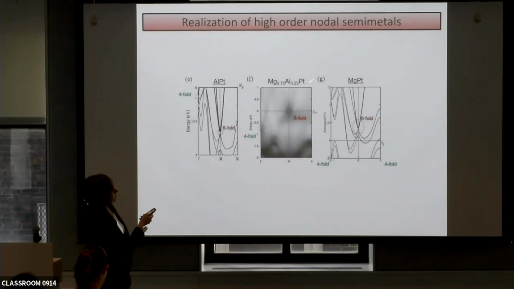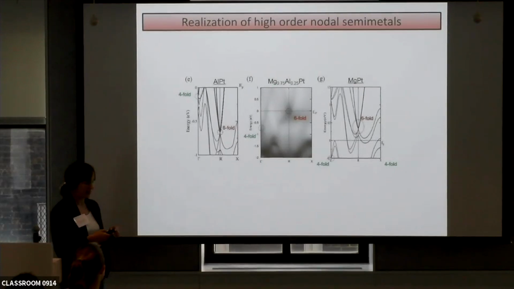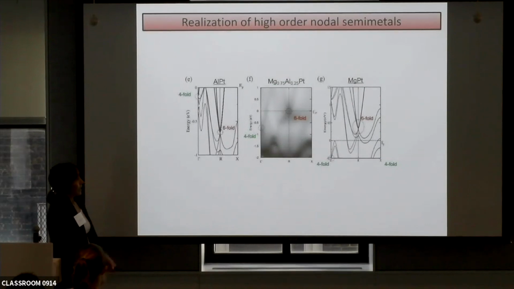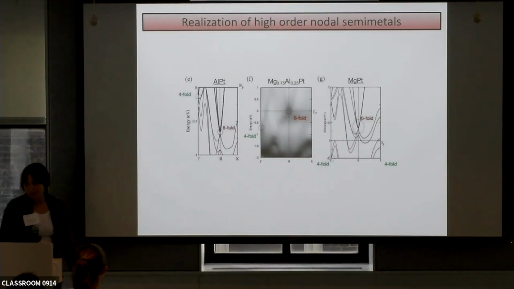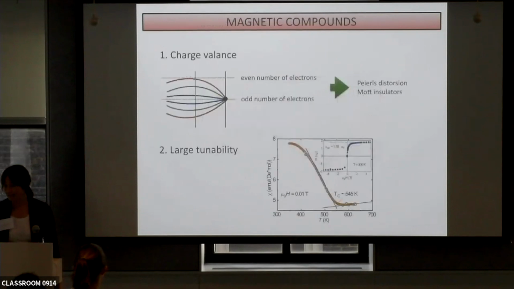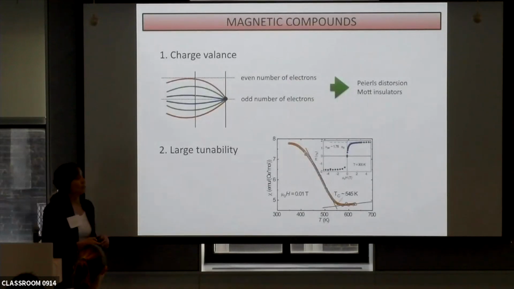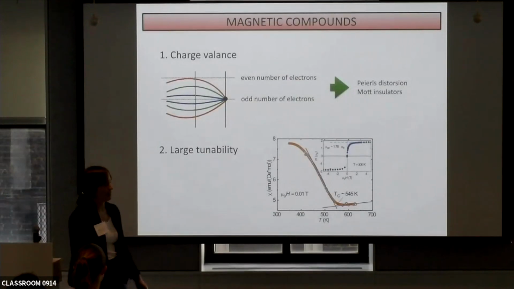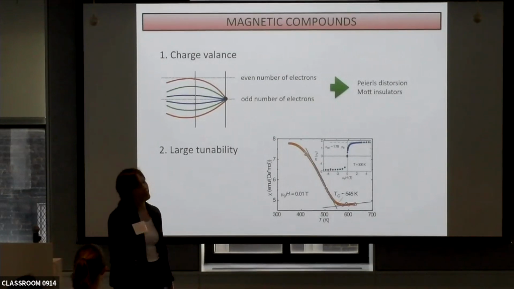And this was the stoichiometric formula that could actually do it. We talked with Claudia, but it was not actually possible to grow this material. So in the end, the only way to actually go for higher order nodal crossings at the Fermi level is by looking at